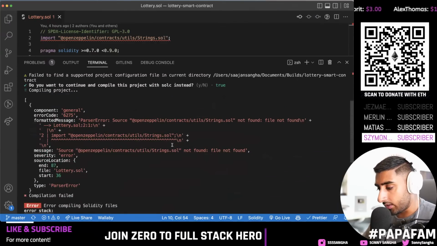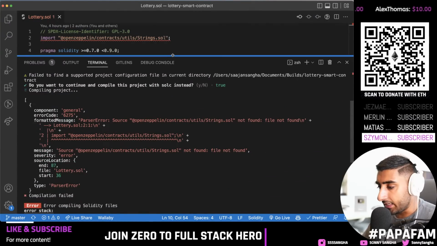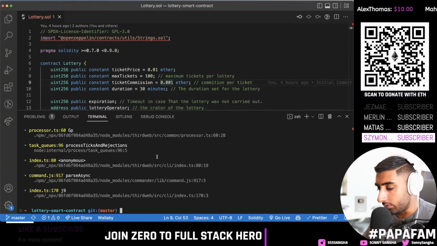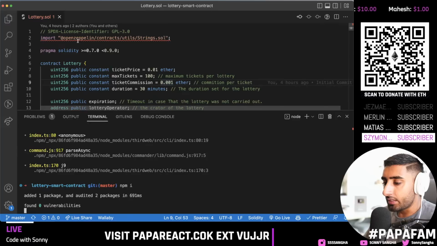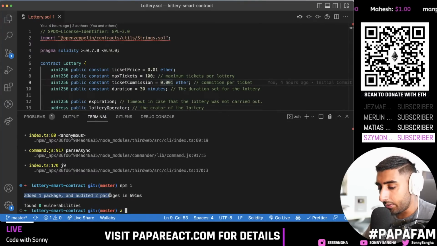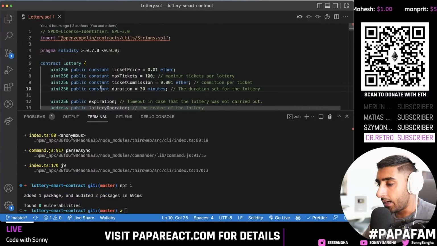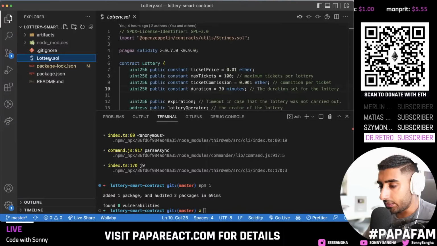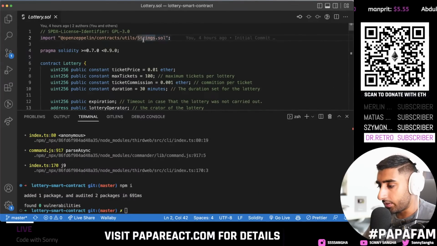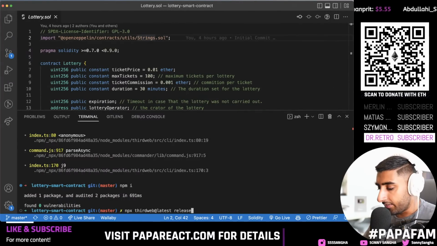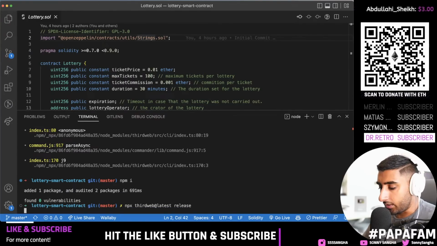Now compilation failed. Oh, this is because, okay, what I need to do here is actually an npm install. I forgot, I actually pulled this in. You need to do npm install to install the required dependencies. Now it will say added one package, and we should no longer see this error if we jump into our lottery.sol file. Okay, so that was the issue, my bad. All right, now we do npx Thirdweb latest release,